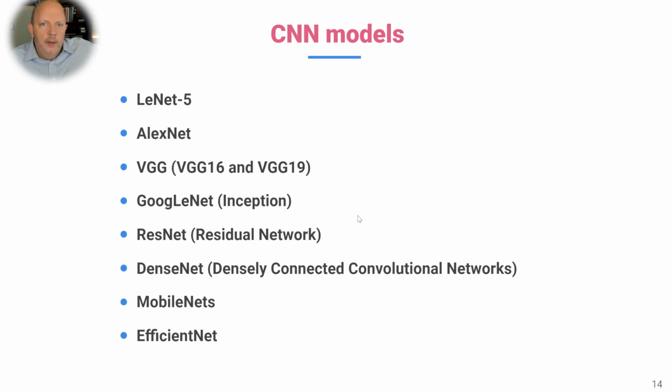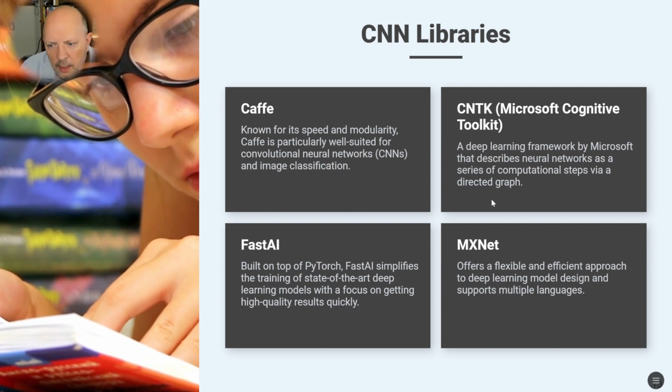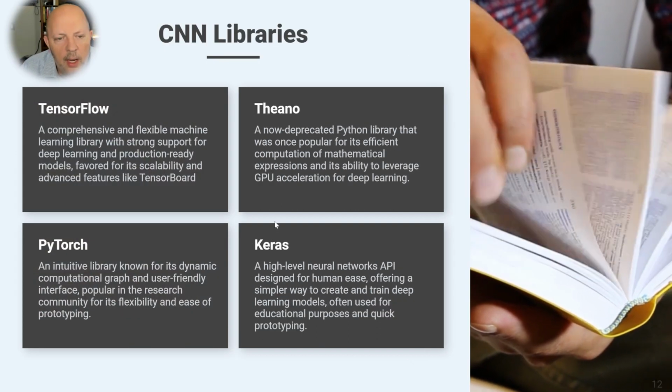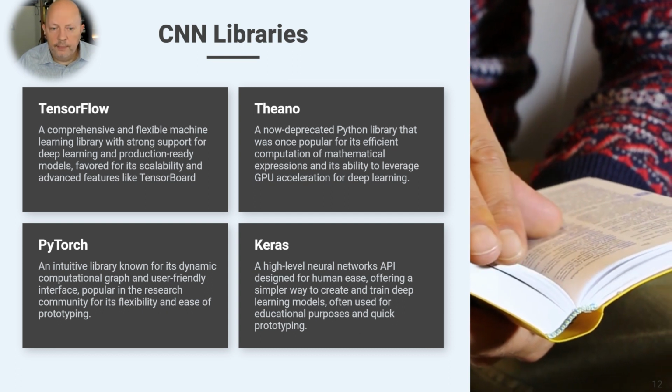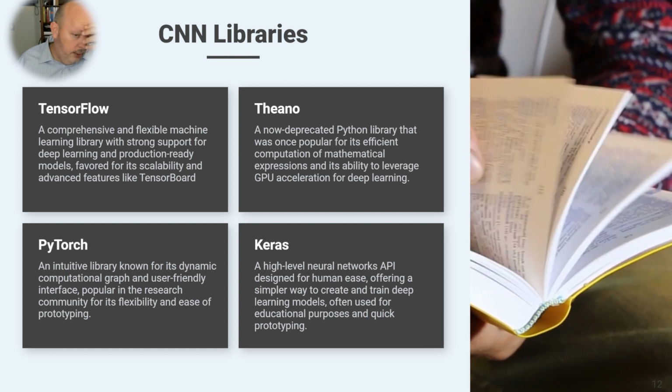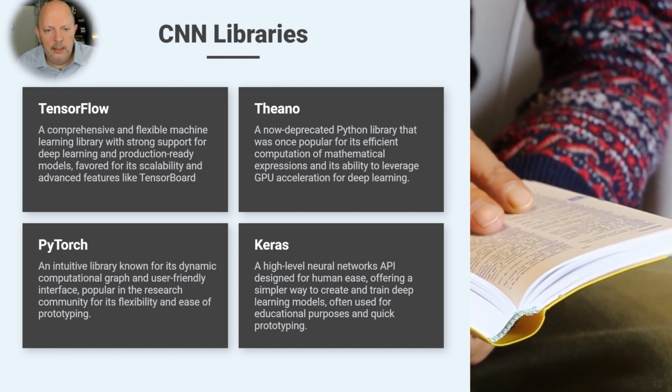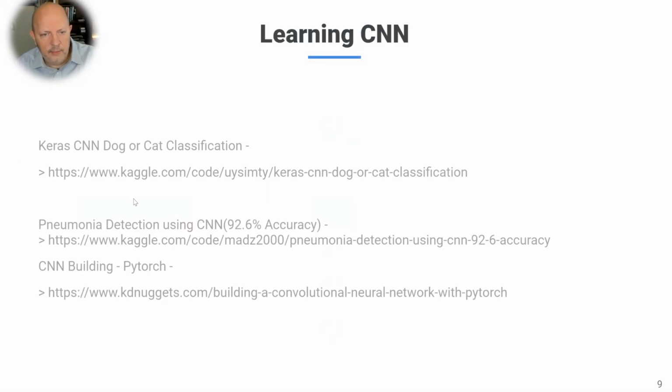Again, if you guys have any questions, please let me know. High-level things, convolutional, pooled layer, fully connected. Like I said, don't worry about these. Just know that there are a lot of different models out there. Don't worry about a lot of these. Just know that with a lot of libraries, doing CNNs has become very, very easy. It's a few lines of code nowadays to do a basic CNN. There's a lot of demos out there, cat versus dog, fully coded. You know, pneumonia detection at 92%. So there's a lot of demos out there.